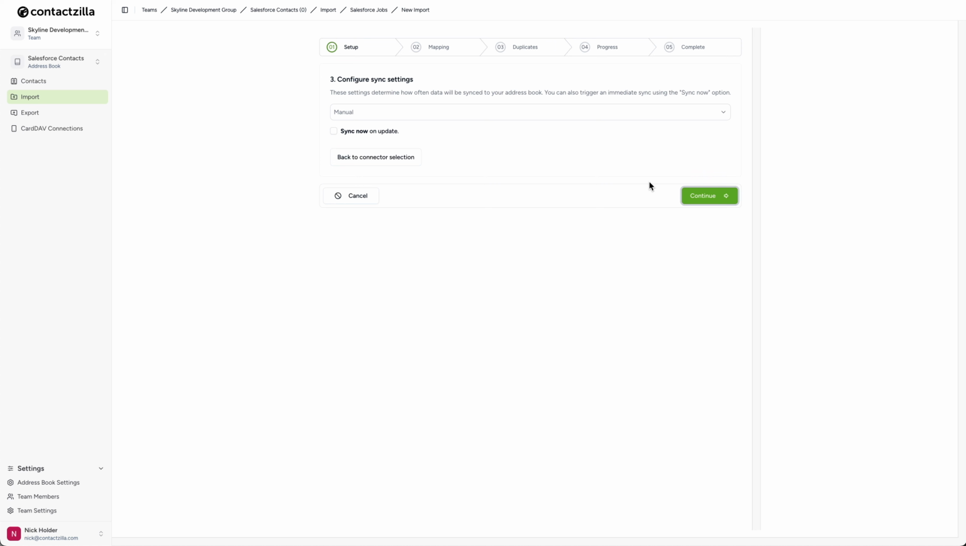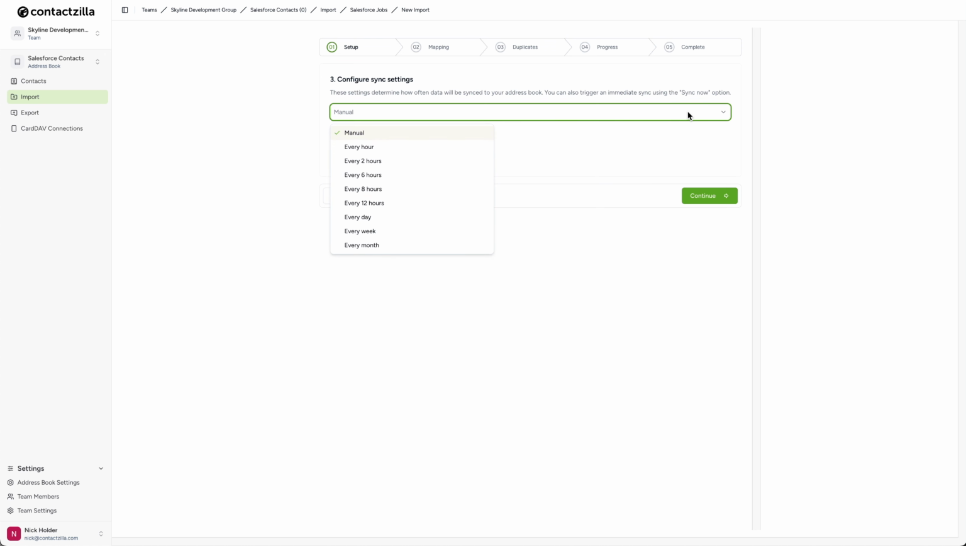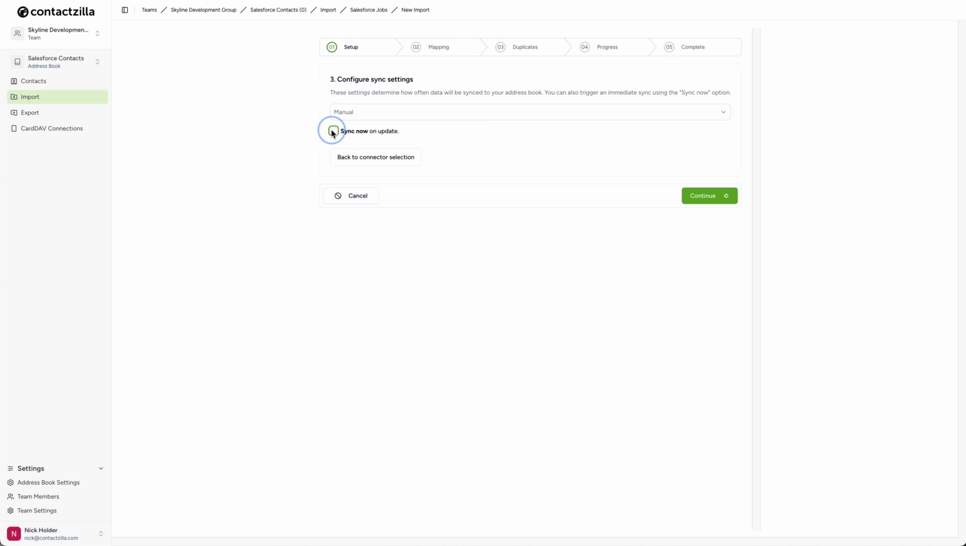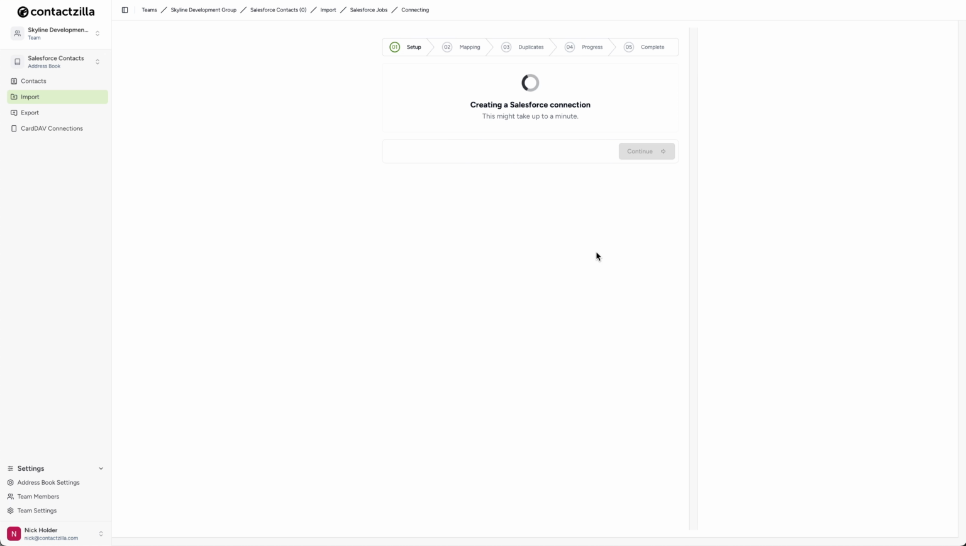Next, choose how often you want Contactzilla to sync with Salesforce. To start with, we recommend setting this to manual, and then you can always change this frequency later. There's also an option to run the sync immediately after setup, so tick that box to synchronize as soon as we finish setting up, and we can hit continue. Contactzilla connects to Salesforce using a secure connector and pulls your contact data into a CSV format. When it's done that, we'll move on to mapping, but in the meantime, we can leave this running in the